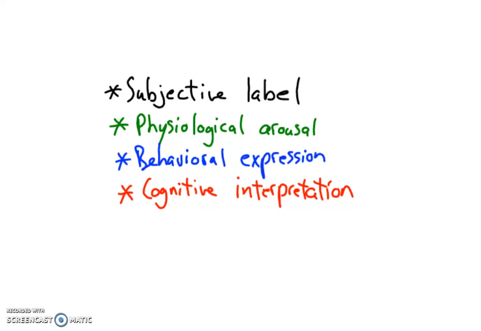Psychological research has shown that there are really four parts to an emotional situation. There's the subjective label, which is like joy, sadness, fear, disgust, surprise, these labels that we will put on our emotion. There's the physiological arousal that emanates out from the autonomic nervous system. Really, often at times it's some sort of fight or flight response. It's some sort of involuntary behavior that happens within you.